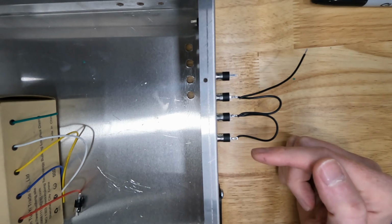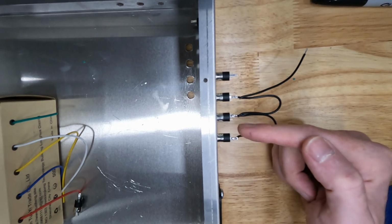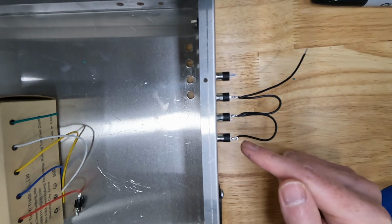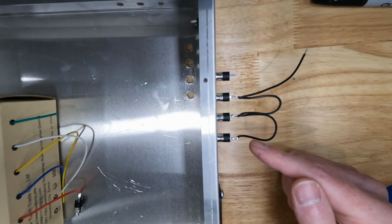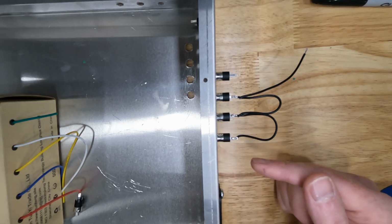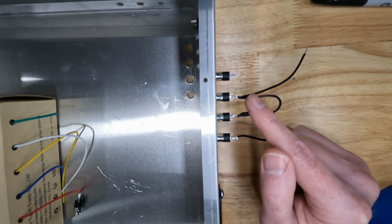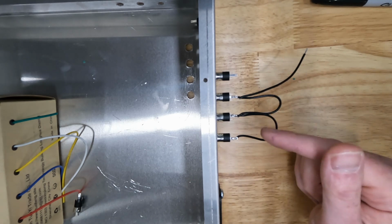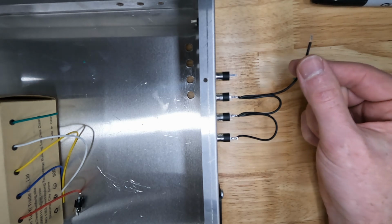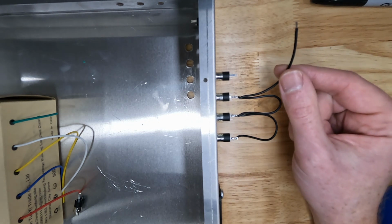All right, I've got a couple or 3 of my 3.5mm TRS jacks in place, and I'm starting to solder ground wires to them. I wanted to take this opportunity to show you what I meant by daisy chaining the ground wires. So we don't need to run individual ground wires from every jack to our D-sub connector. We just need to connect all the grounds together on all of these jacks, and this will continue on through all the jacks that we have in the box. And then when we're done, we will take the remaining wire and run just that one wire to the D-sub